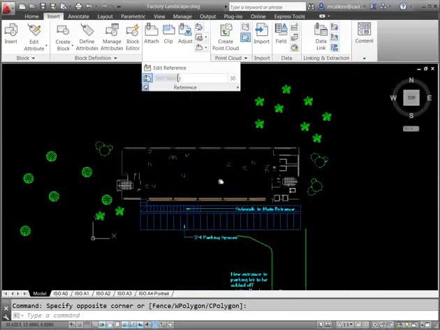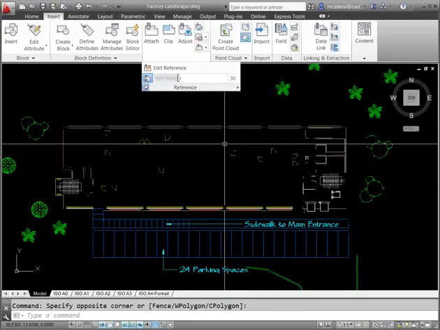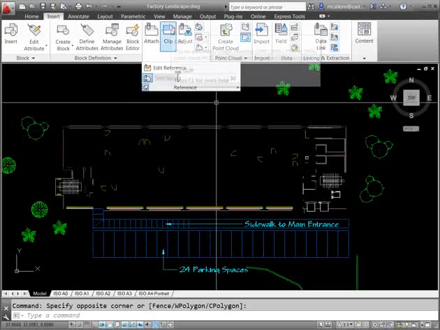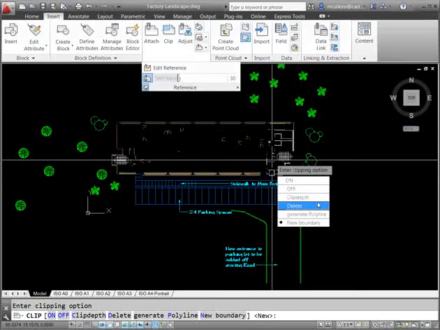So that's one of the things that we can do to change the appearance of an XREF. I wanted to show that we can also clip XREFs. A couple new things have been added there, but you can, let me